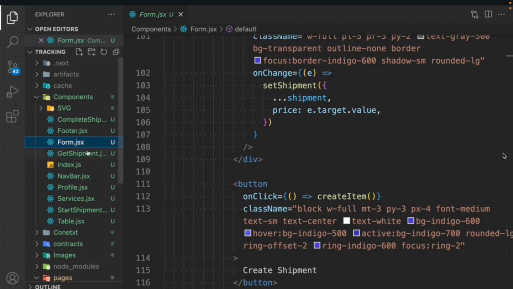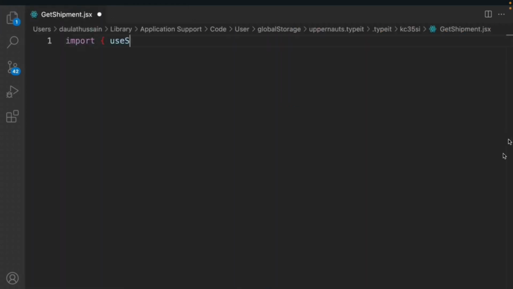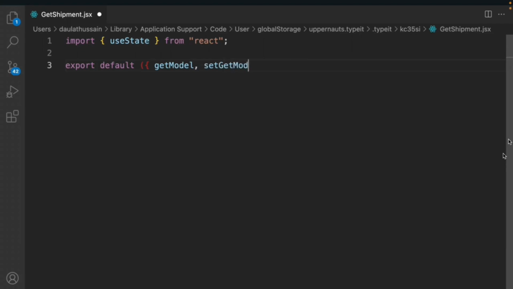So come here, get start. Everything is working fine. We are able to render the data into a table component. We can create a shipment. Now we have to work on the component for getting shipment data. So click on this get shipment, and we have to import a couple of things from React, useState. And now we have to create this component, export default, and in that we have to receive the props. So we need get model, set get model, and get shipment, because this get shipment will have all the data